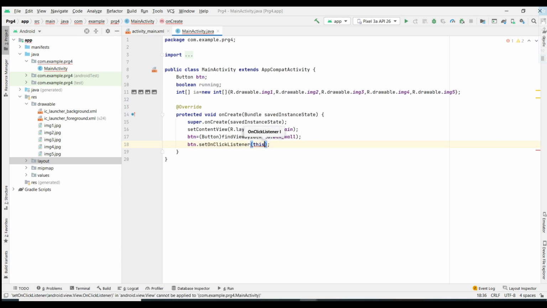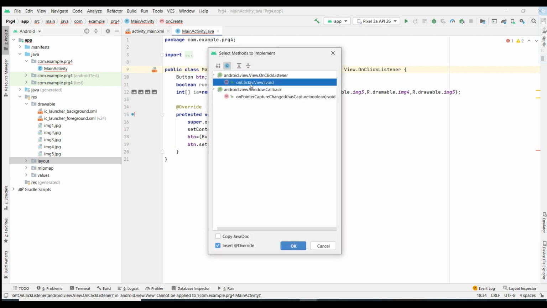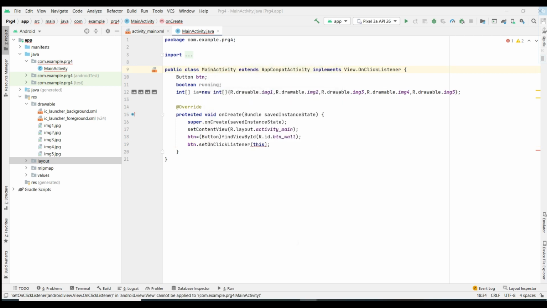As I already explained in my previous videos, this is a Java keyword that represents the current instance of a class. That is why it is throwing us an error. So just click on this bulb icon, or else right click with your mouse and choose show context options. It is going to give us the option: make MainActivity implement android.view.View.OnClickListener. Click on that, then you will get the onClick method. Just click OK. So now it is an onClick method.